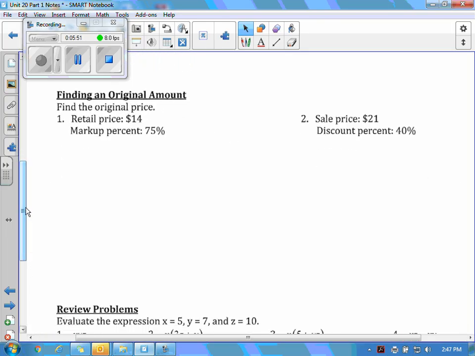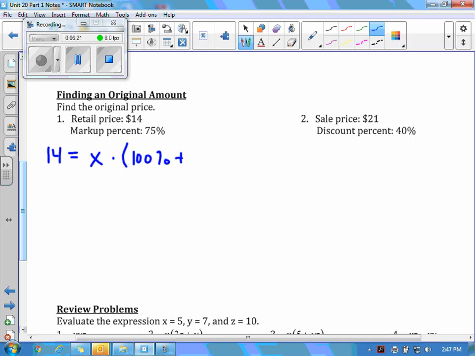So it says to find the original price. For number 1, we have a retail price and we have a markup percent. So we want to find the original price before it got marked up 75%. So now my X I can replace with my retail price. So remember on the other side, this 14 would have been an X, but now that's what I have. I have that. Now I know that's going to be equal to my original amount, which I'm going to call X, times